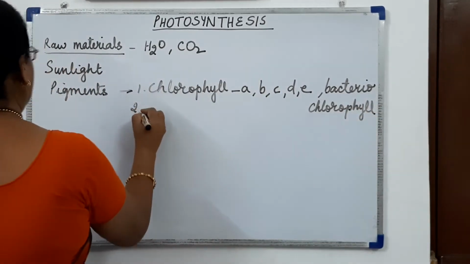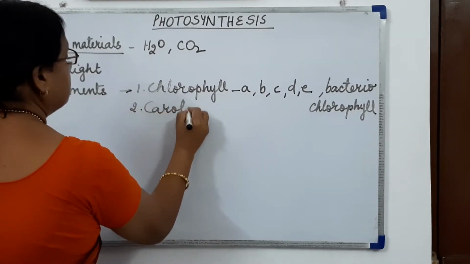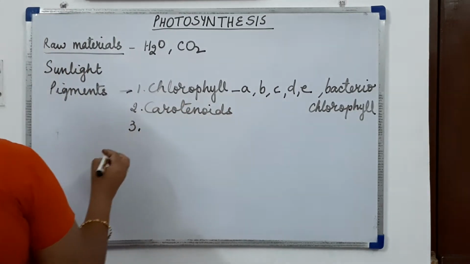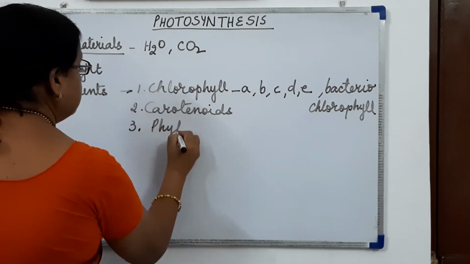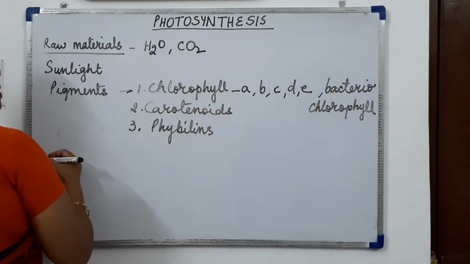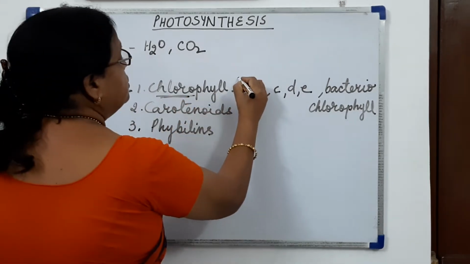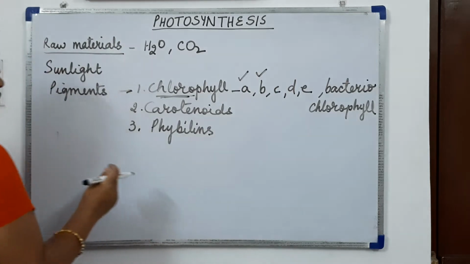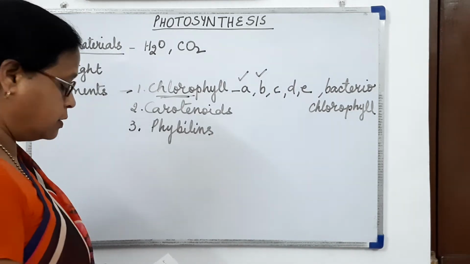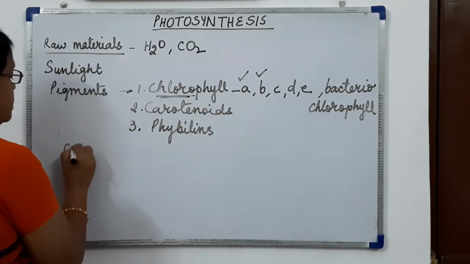then the second type of pigments are carotenoids, and the third type of pigments are phycobilins. Now, the main pigment is the chlorophyll, and that is also chlorophyll A and B, which is taking part in the process of photosynthesis. So if we see the structure of chlorophyll, the chlorophyll